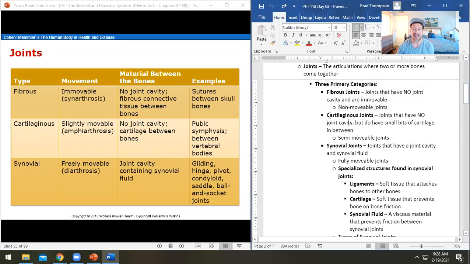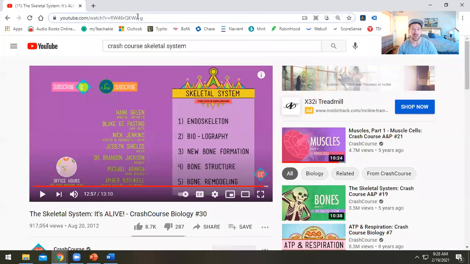Then we've got cartilaginous joints. These are semi-movable joints. They also don't really have a joint cavity. They don't have a lot of space between them, but there is just a little bit of cartilage between them, right? And so these are your semi-movable joints. A really good example of this is your pubic symphysis, which if we look at that,